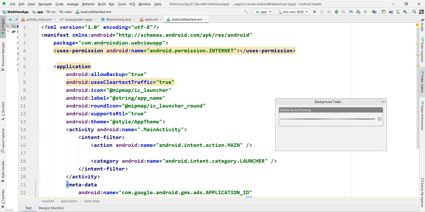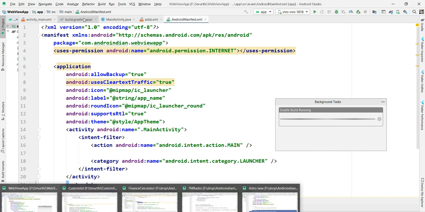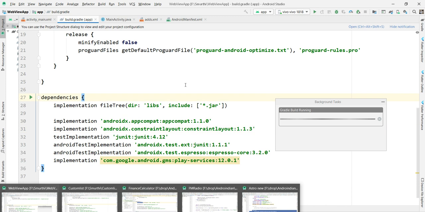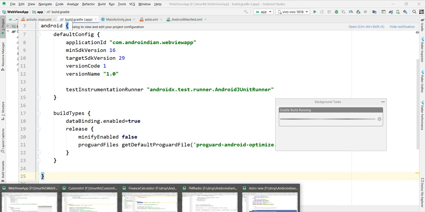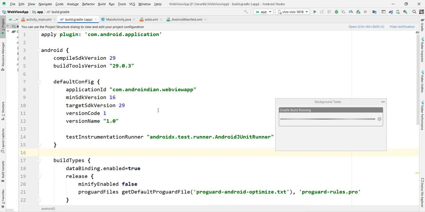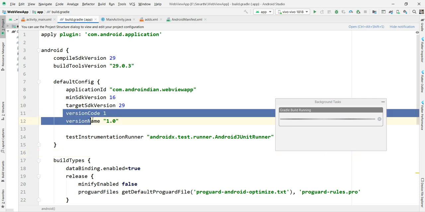Once this APK is created, we need to open the Gradle file. In this Gradle there are two options: the version code and the version name. You must change these two.